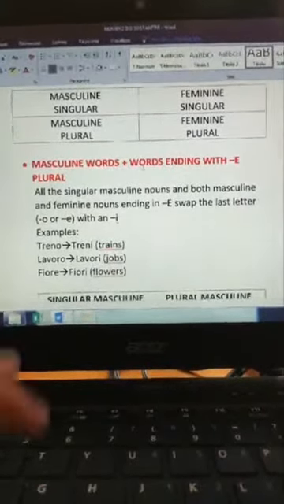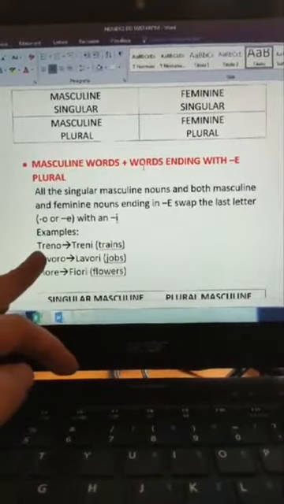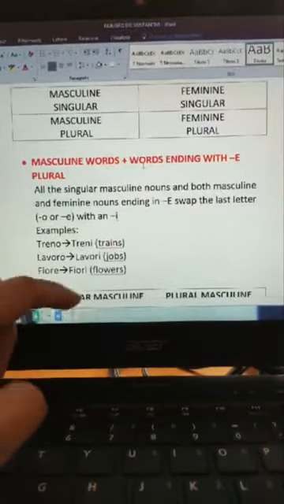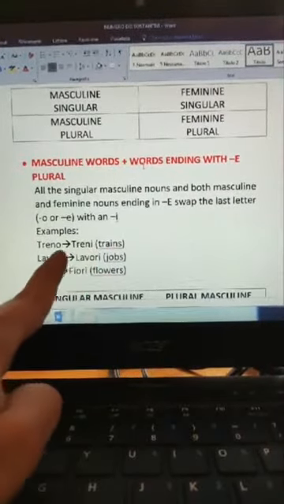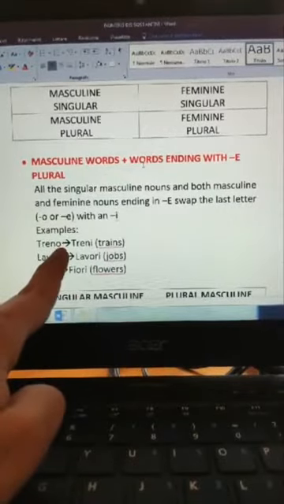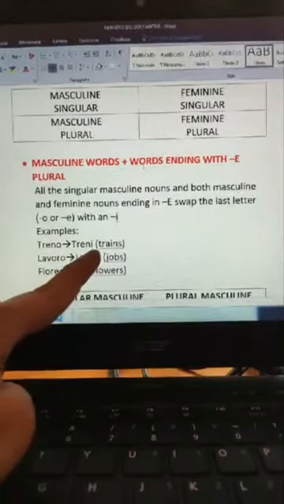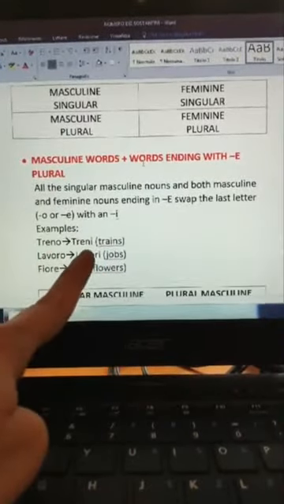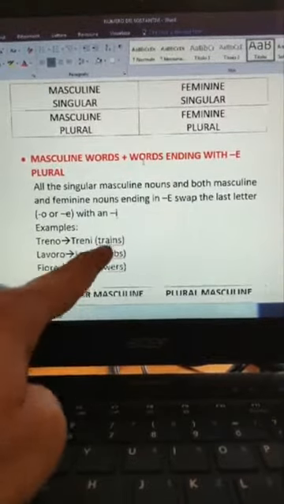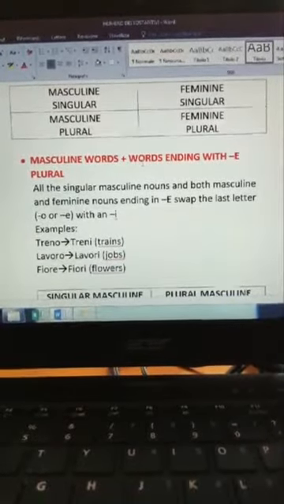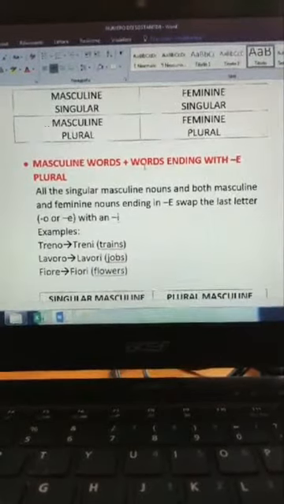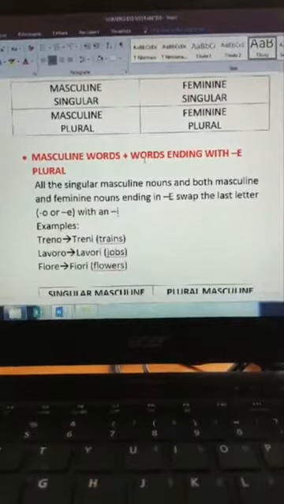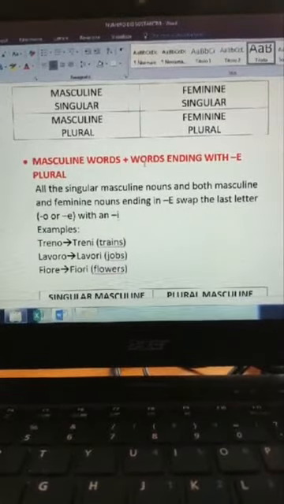So, for example, here I show you the word that I took in the previous lesson, treno, train. This is the singular version. In plural, it's going to be treni. So all you need to do is swap the last letter O with an I, the Italian I. So treno, singular, becomes treni in plural. Okay, treni means trains. Lavoro, that we saw, means job. The singular form is lavoro with the O at the end, and it becomes lavori if it's plural. It ends with the letter I.